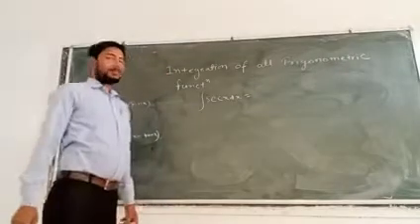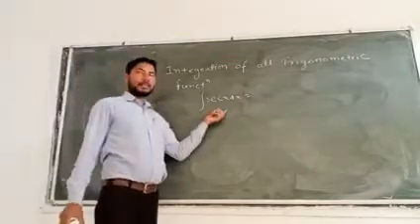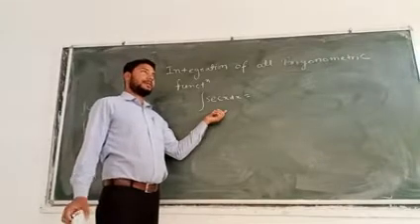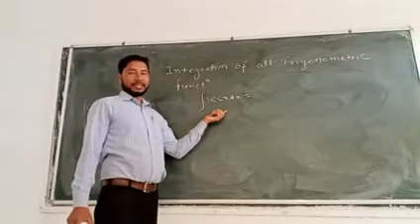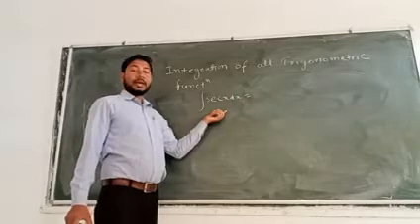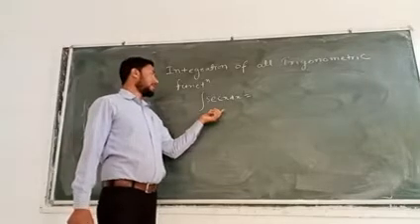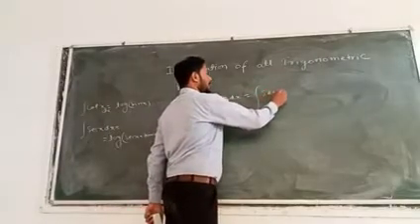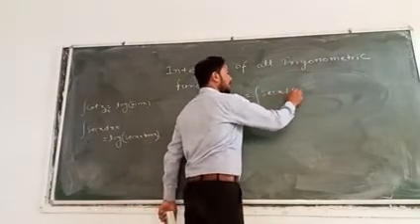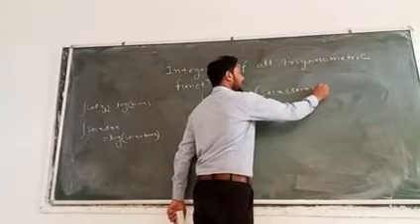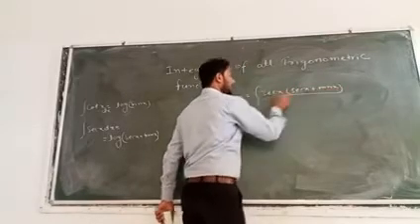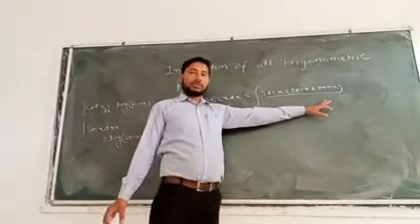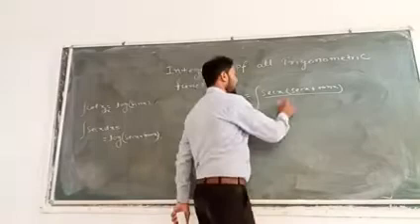In this method, in this integration, we have to remember that when we integrate sec x, we have to multiply by sec x plus tan x. When we multiply sec x with sec x plus tan x, we also have to divide by that value.